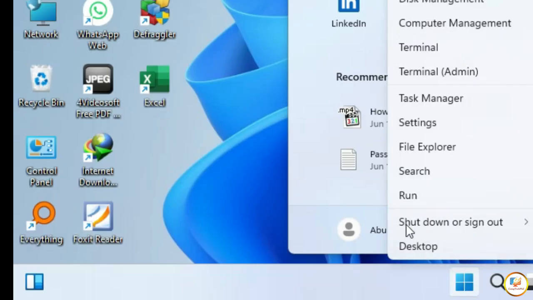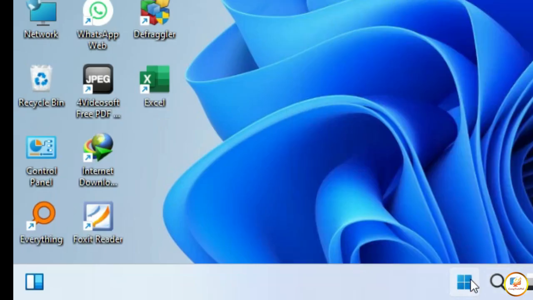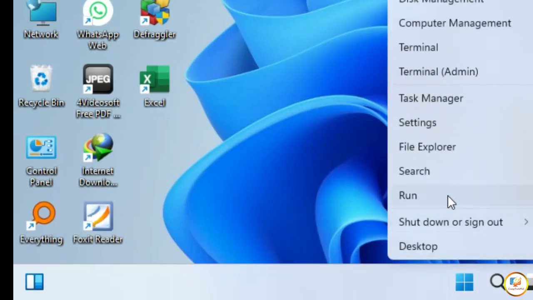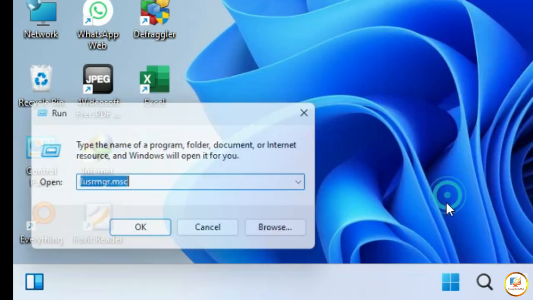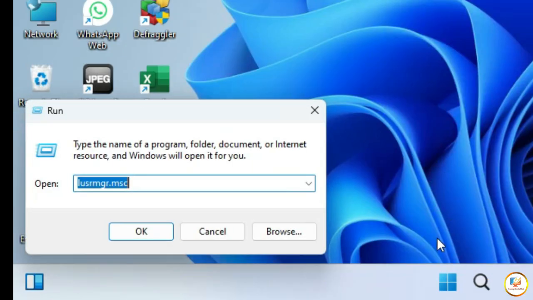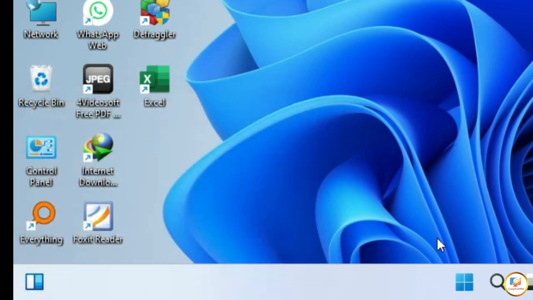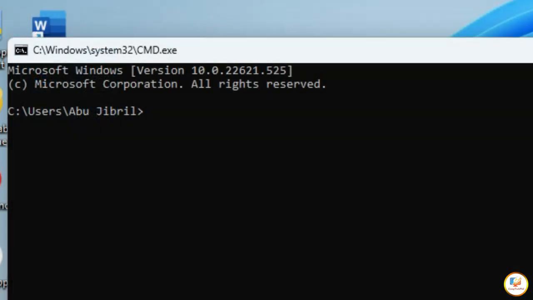Right click the start menu, then click run, then type cmd, then enter. Now make sure that you are connected to your main router. After that, type ipconfig.